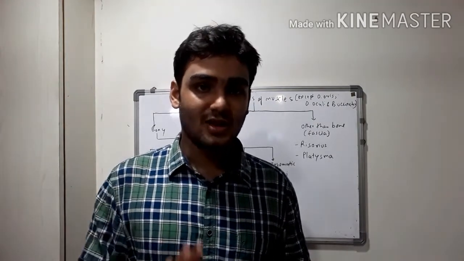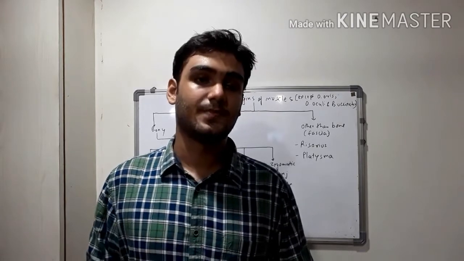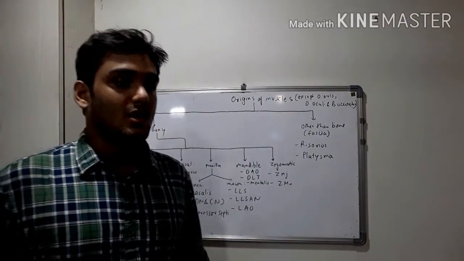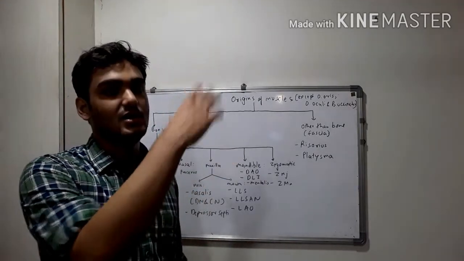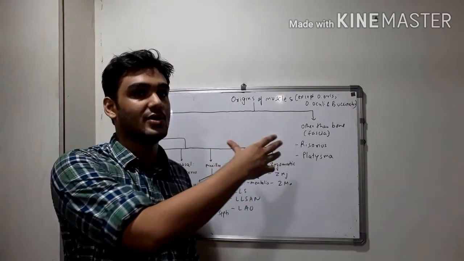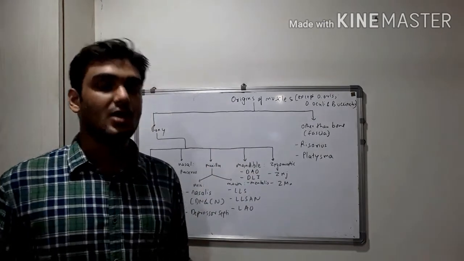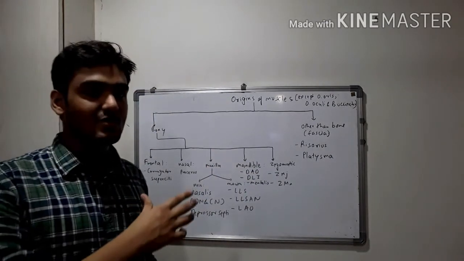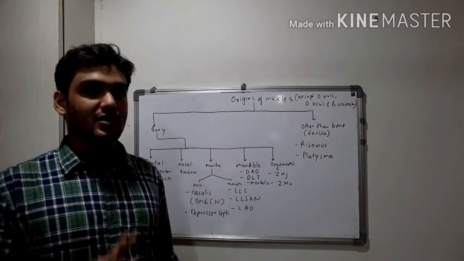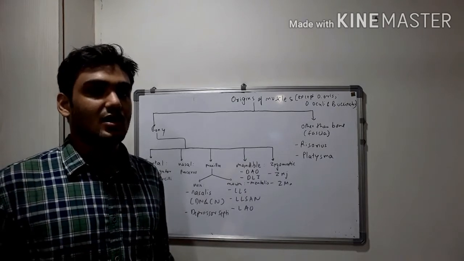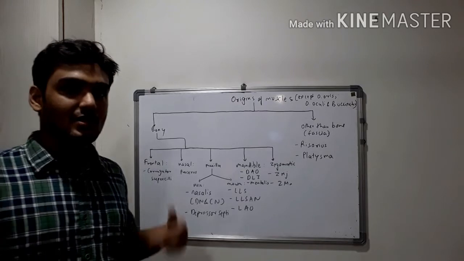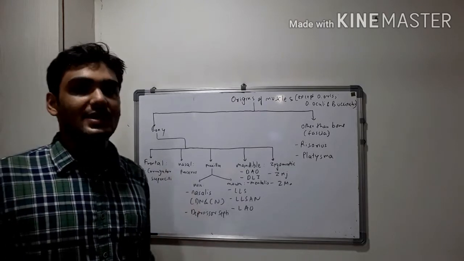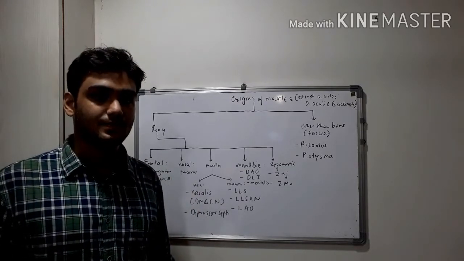For now, we are discussing only the muscles except these three muscles. So, origins may be classified into the muscles which have a bony origin and those which don't have a bony origin, means they originate from certain fascia. Firstly, coming to the muscles which have a bony origin. We have 5 bones from which the muscles of face, except the 3 which I mentioned, originate. So, we have frontal bone, nasal, maxilla, mandible, and zygomatic.